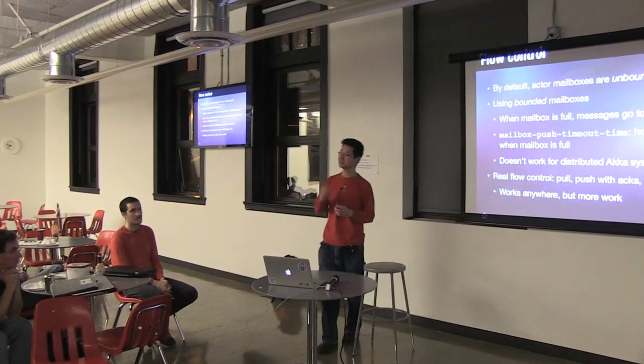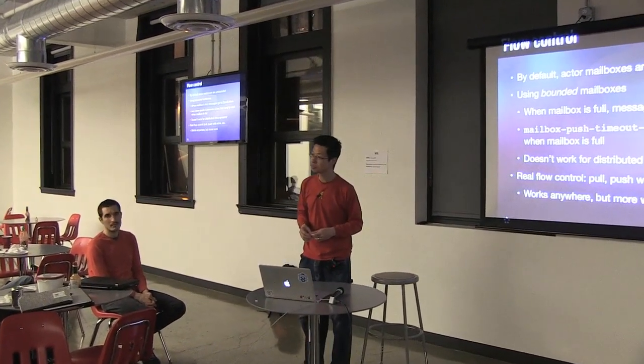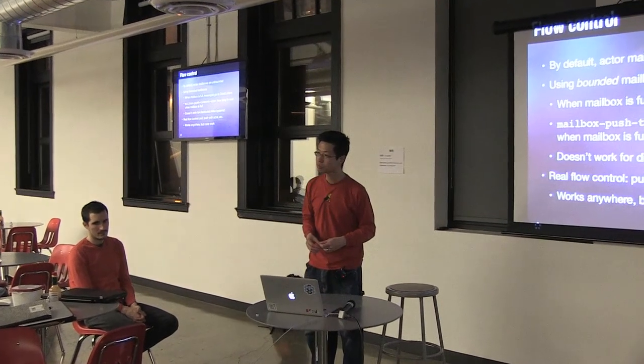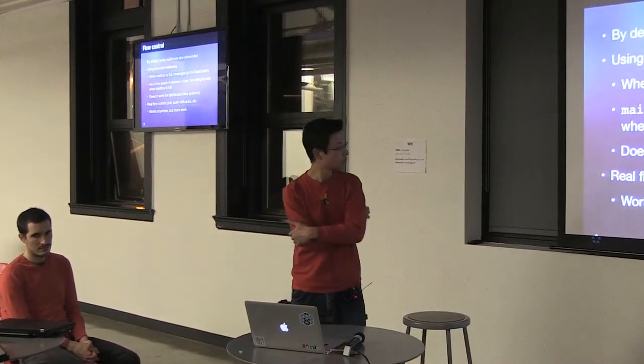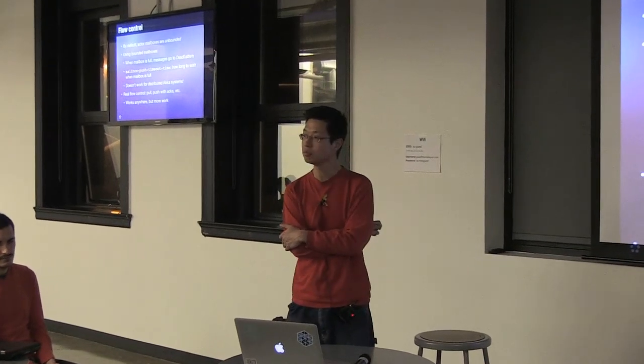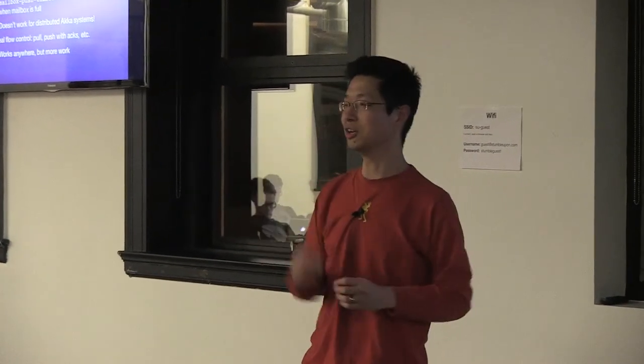So you can answer this later if you like. So I was just wondering, for the real flow control in the distributed case, what does that look like exactly? Do you have multiple actors hitting some main queue, or do you have multiple? We can talk later. There's a lot of possible designs. So, yeah.